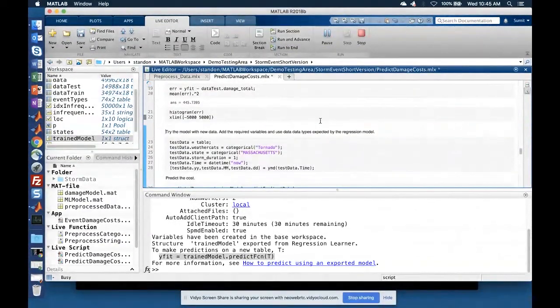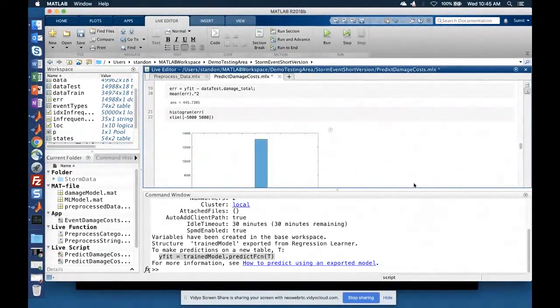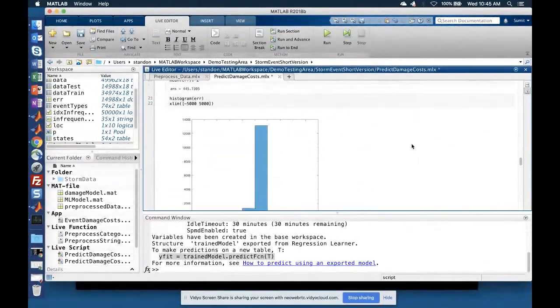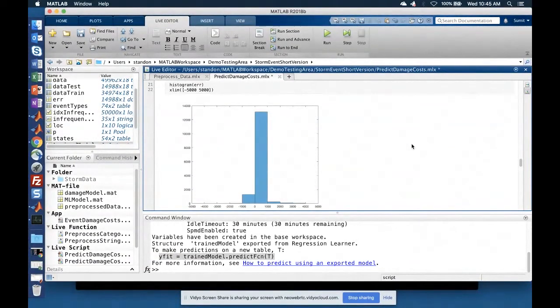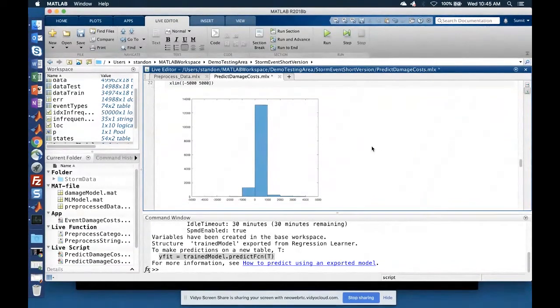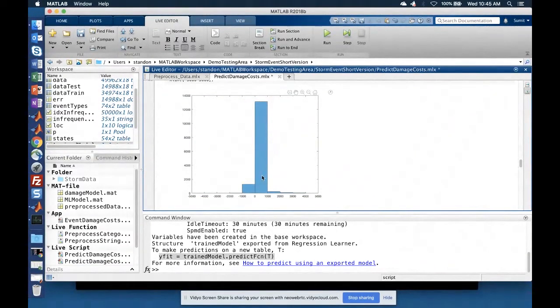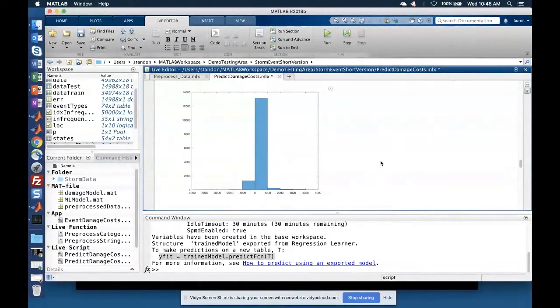As I mentioned, there are different ways in which you can do that. You can develop some metrics of your own. I'm just looking at the histogram of the errors to see what the model performance looks like. You can see that most of the error is quite small, but some of the errors can be quite large as well, which probably correspond to errors with large events like hurricanes, which are very disruptive.